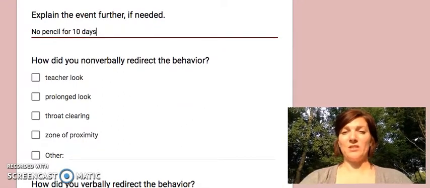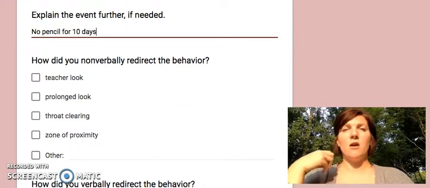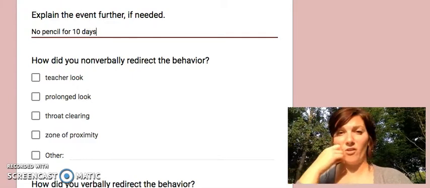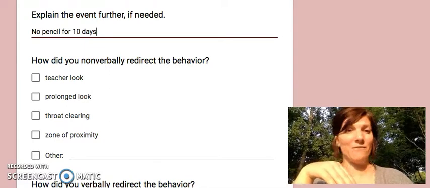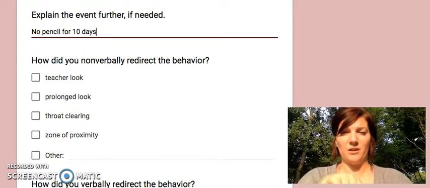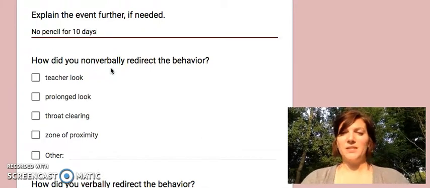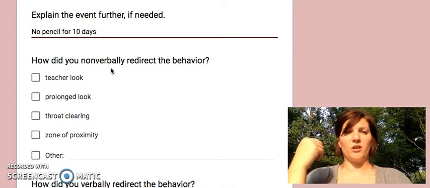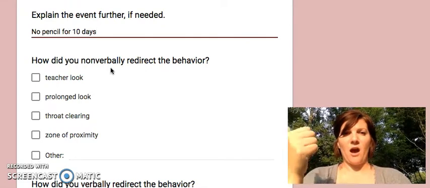So, okay, this is going to help me tell the student, all right, your teacher tried to let you know many different times in many different ways that you need to correct that behavior, and you still didn't, and that's why you're in the office. Okay, so in order to do that, we need to actually clue the behavior and redirect the behavior at least 3 different ways. So to me, the general categories we can redirect behaviors are going to be non-verbally, and that